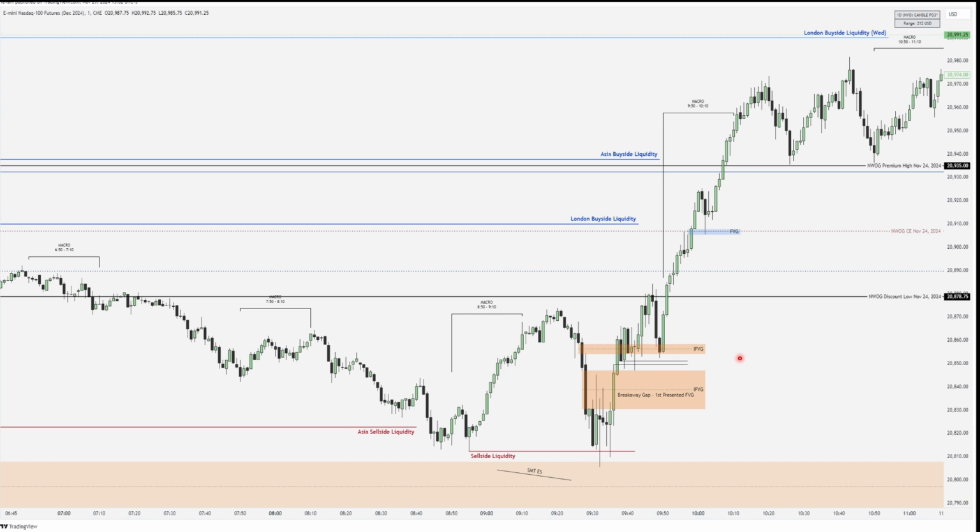Because of the spread, even in futures, you have a little bit of a spread for entering. So,